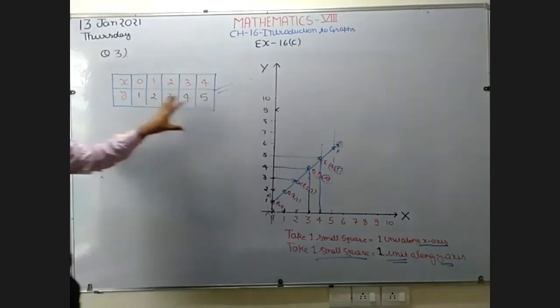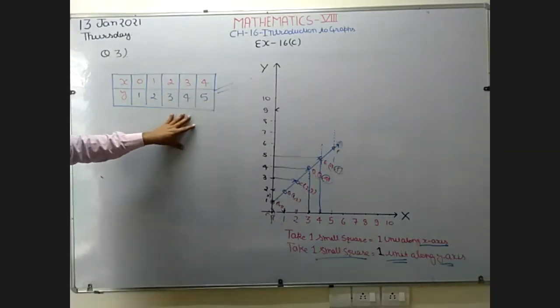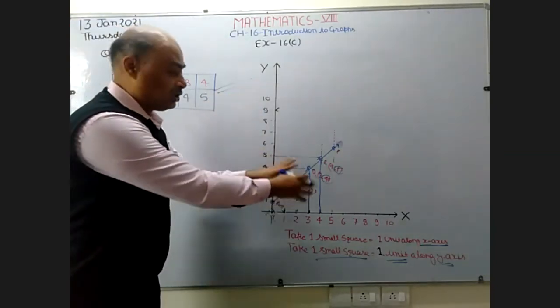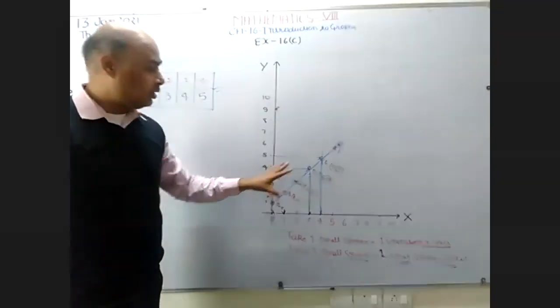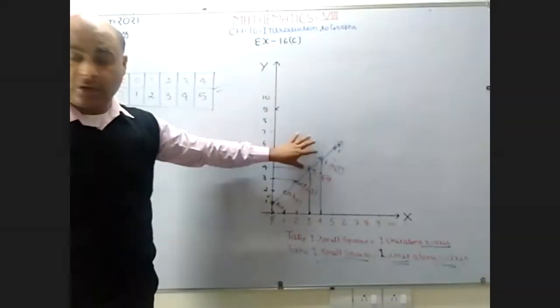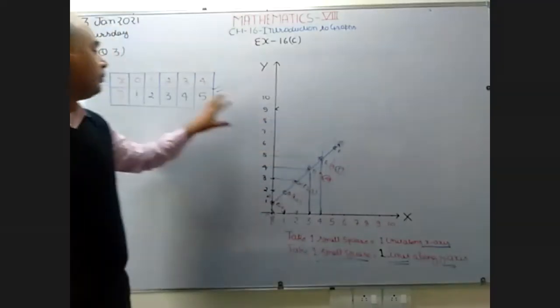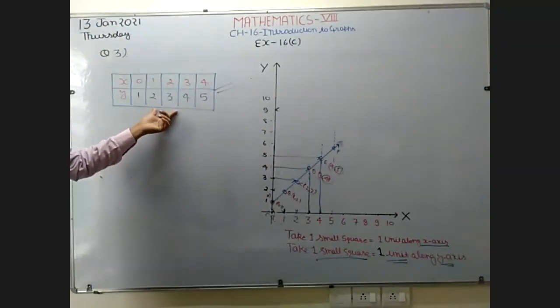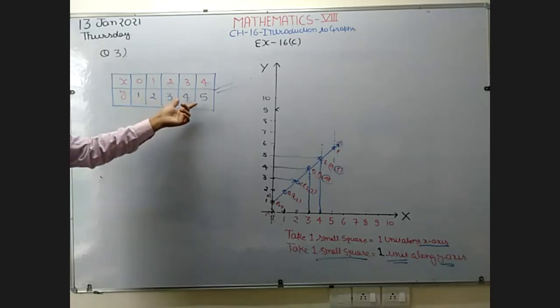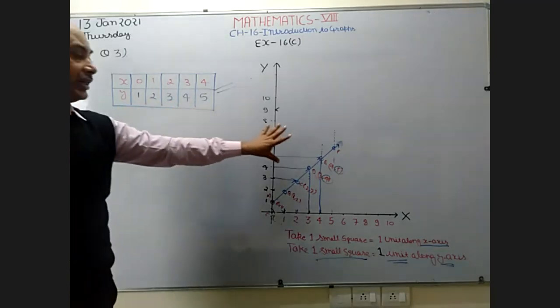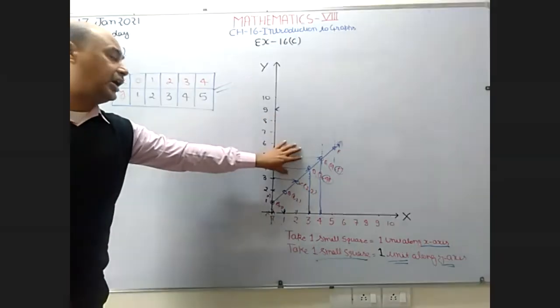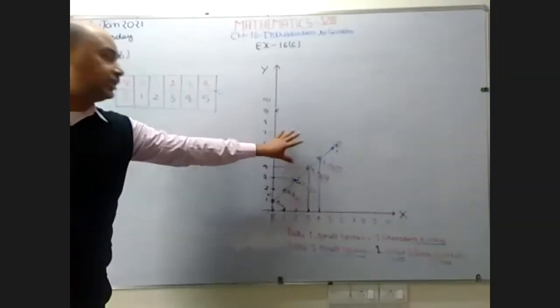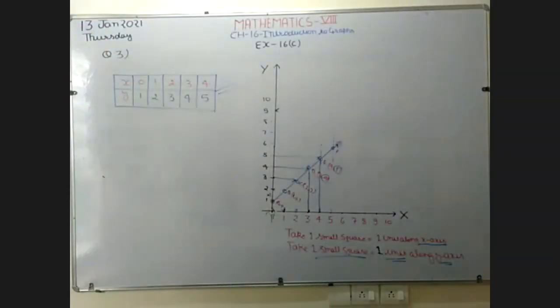When you want to solve this question in your notebook, you have to draw the graph of this question also, beta. You have to draw the graph because with the help of the graph, you want to complete this table. When the graph is not there, how are you going to check why you are going to write 1, 2, 3, 5 here? So you have to draw the graph. After drawing the graph, paste it on your page, then write this table. Now check the next question, beta.